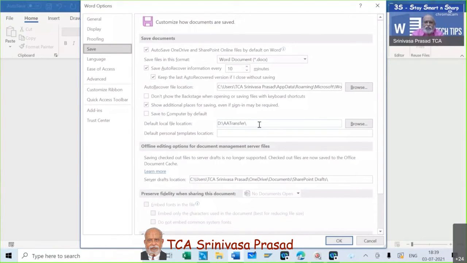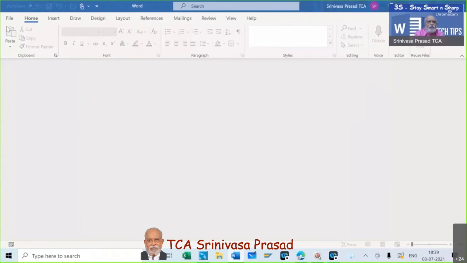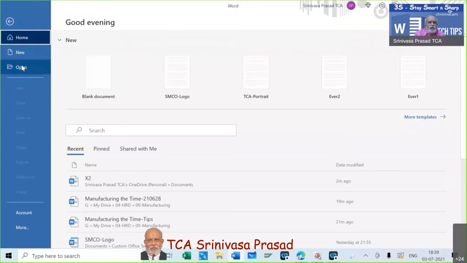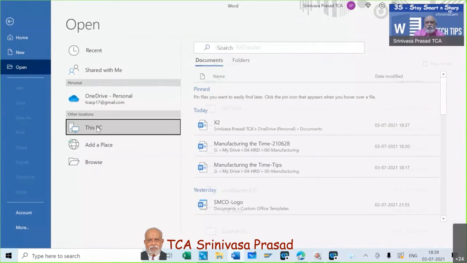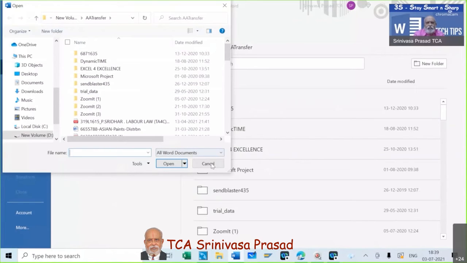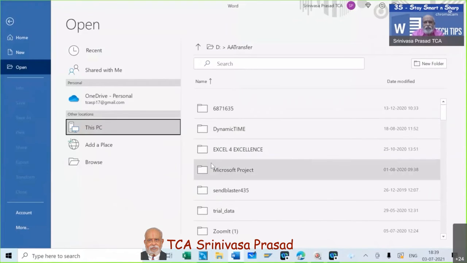You can straight away open this location. Suppose you just have a look at it. When you go here, file, open, in my case, the moment I say this PC, have a look at where it has gone.